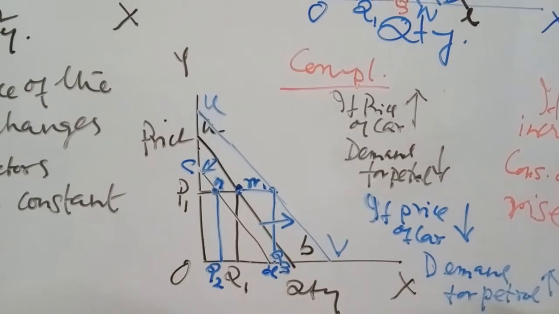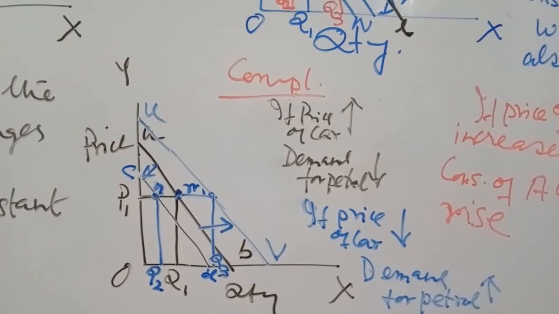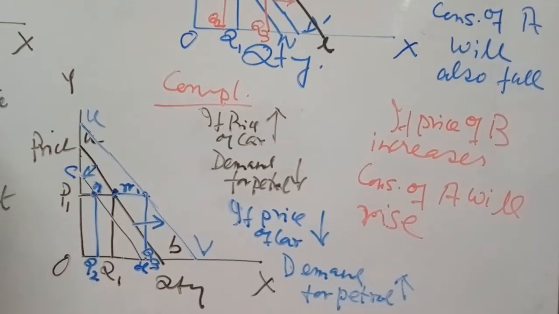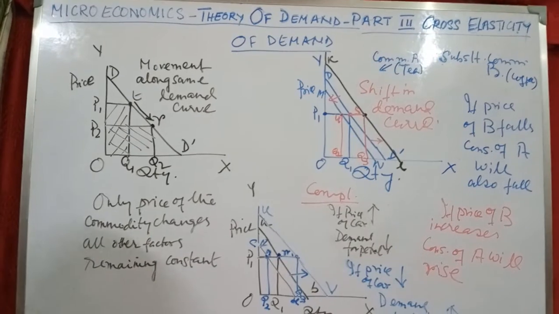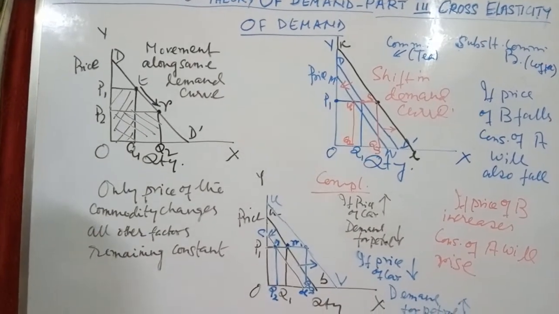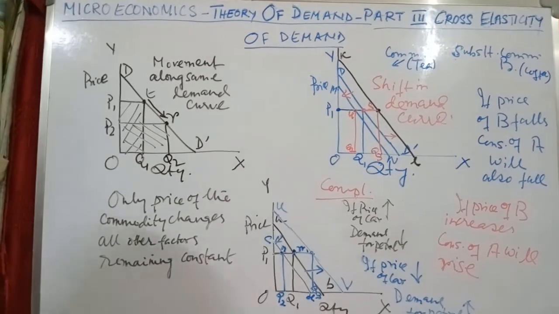And in part 2 I have discussed what is price elasticity of demand, what are the different shapes of demand curves, what is linear demand curve, what is curvilinear demand curve,